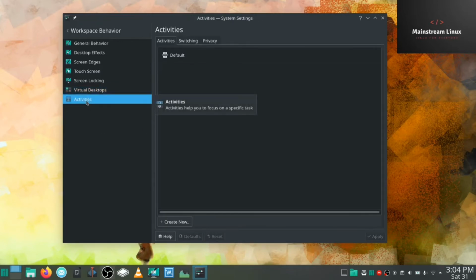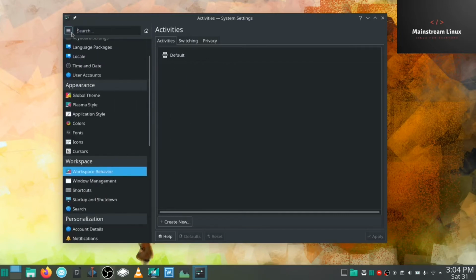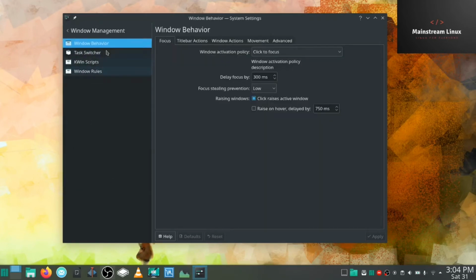Activities. This right here, you can create new activities. Now with activities, it'll help you focus on a specific task. So if you've got specific activities you do on a daily basis, you can drop them in here, and it helps you keep track of them and keep your workflow going. Windows management, Windows behavior, task switcher, different scripts, window rules,